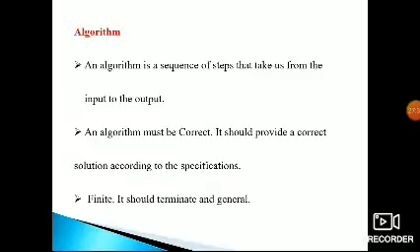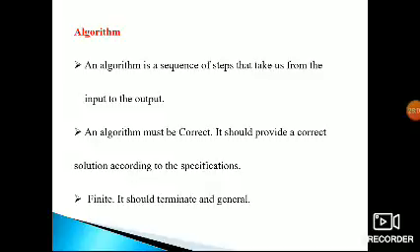The input should be in the correct manner as well as the output should be in the correct manner. Then only we will get the correct result. So this is the manner to solve a problem. We have to solve it. How will we solve it? Step by step. Every algorithm, every program we write, is in a step manner only, in a clear manner, so it is easy to understand. It is in the English language only.